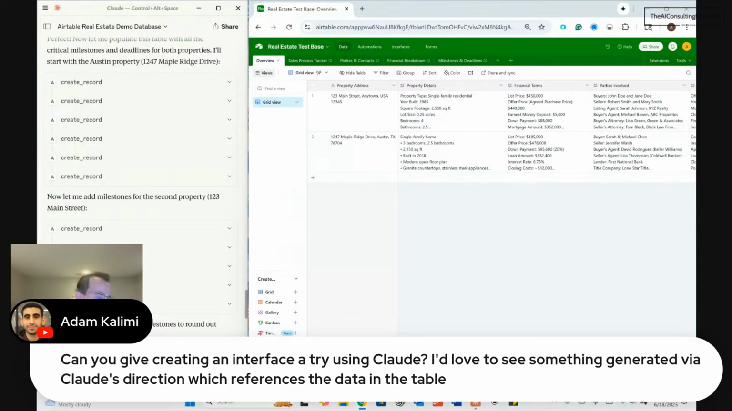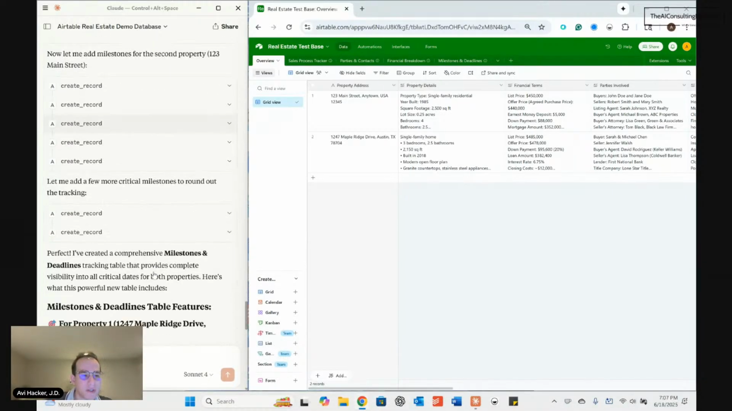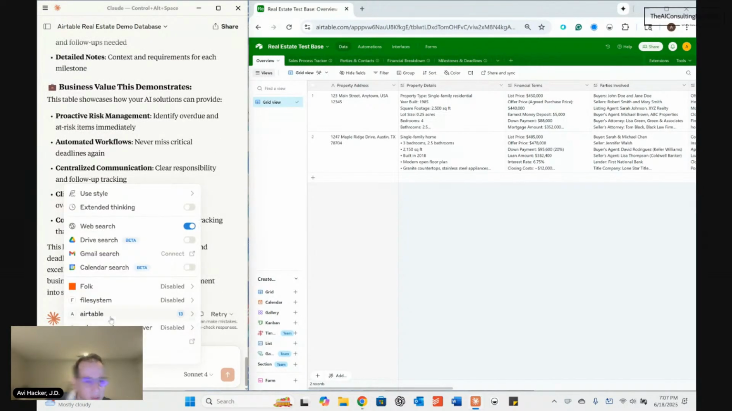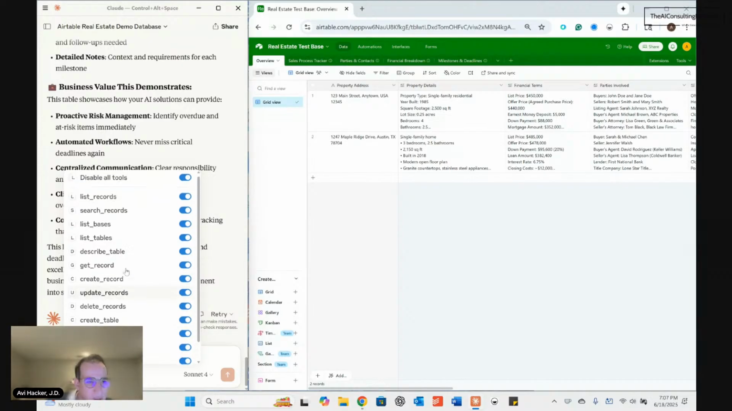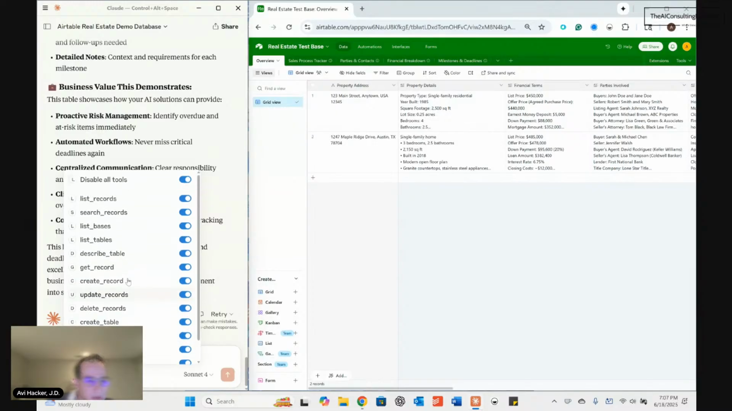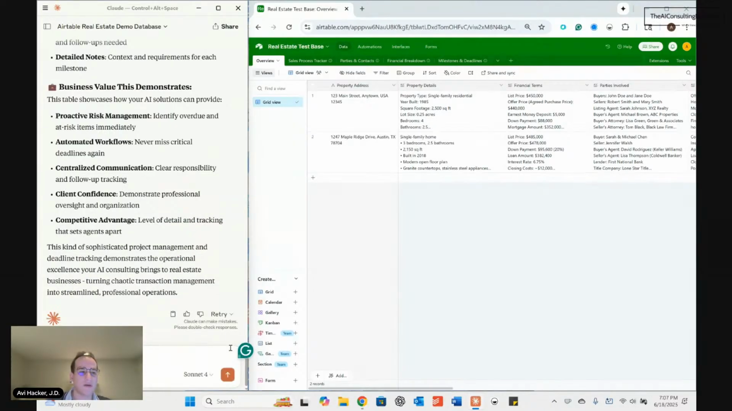And you give creating an interface a try using Claude. I'd love to see something. Yeah, so the interface, I'm not 100% sure if the interface will work because if you see here, it has to be able via the MCP to actually have those actions. So I do think that it will only be able to update tables. Let's see. Create